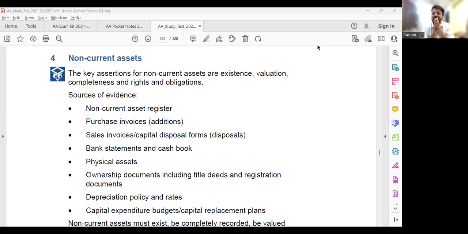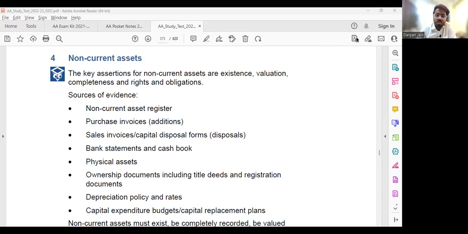Okay, whatever. So that land deed that you're getting is a proof that the company is the owner of that land. So you can get title deeds like that. Also, you can get registration documents. For example, for motor vehicles, if you buy a motorcycle or a motor car, you have a registration certificate, right? You have an RC. That registration certificate, that RC, is again a proof that you are the owner of that particular vehicle.